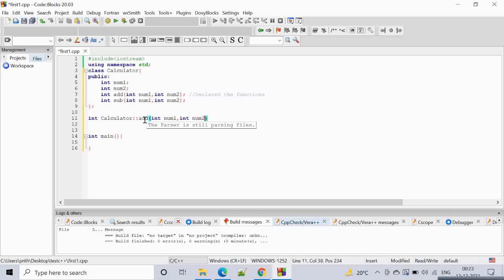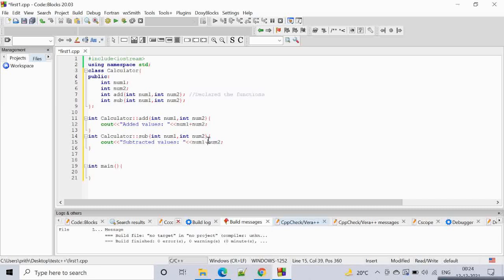Here you give cout and write added values, and you give num1 plus num2. Similarly, let's have the subtraction function: subtracted values, we have num1 minus num2.